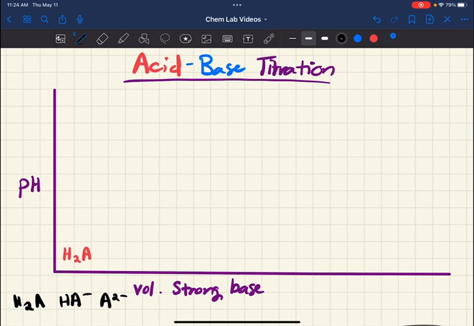I'm not going to put values on our pH axis or on our volume of strong base, but essentially we're slowly adding strong base so that we could observe the point at which we exactly convert all of the H2A into HA minus, and again, the point where all of the HA minus is converted completely into A2 minus. And we can use this technique both to identify the acid based on the pKa values determined from the plot, but also to determine the concentration, and that's the most typical use of titration, the concentration of the acid